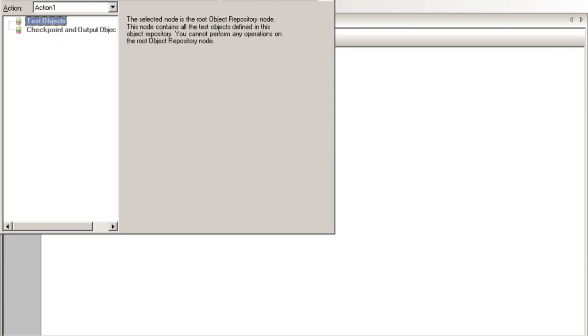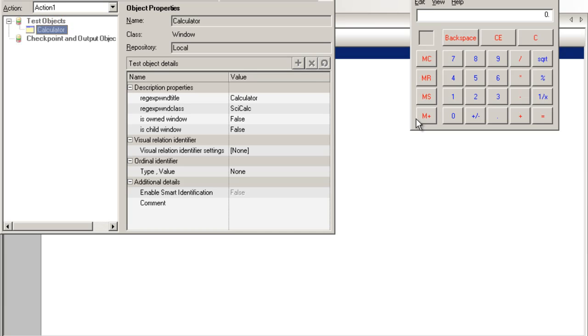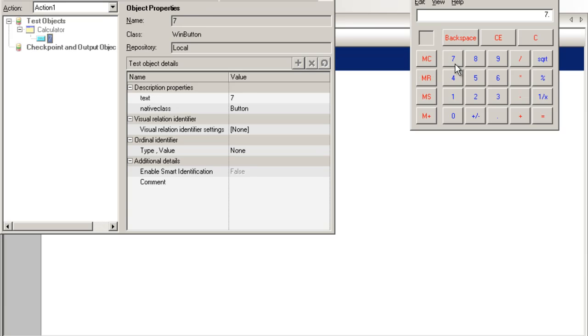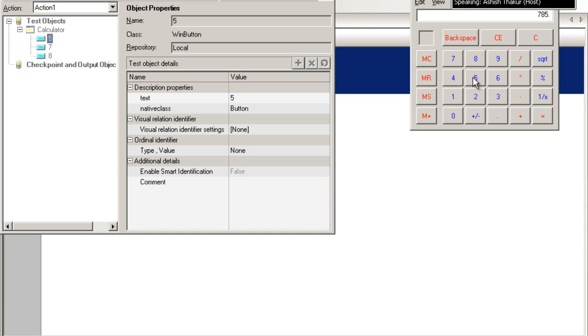And I will maximize my calculator. As soon as I click and maximize my calculator, the calculator object becomes a part of the QTP memory. That's fine. During recording, the user clicked on the calculator, so it's added into my memory. Now when I click on the 7 button, the 7 button gets added into the memory. When I click on 8, 8 will be added. 5, 5 will be added,